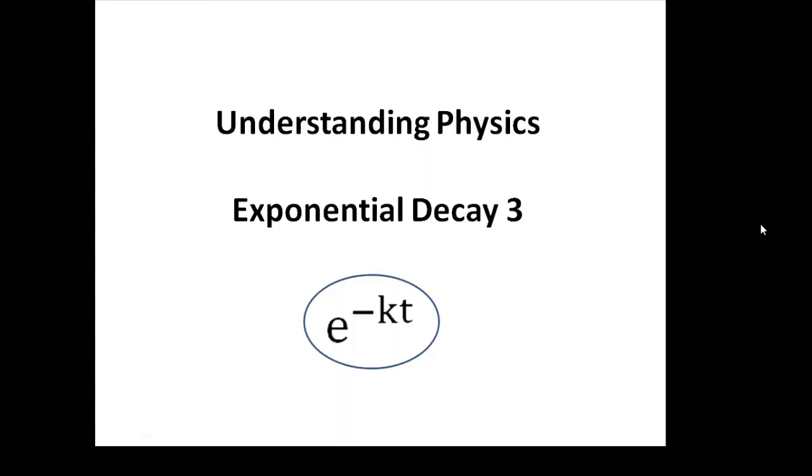Understanding Physics, Exponential Decay 3. This is my third video about exponential decay. So we have N equals N naught e to the minus kt. A very useful equation. We can work out N, or whatever, x or whatever, at any point in time using